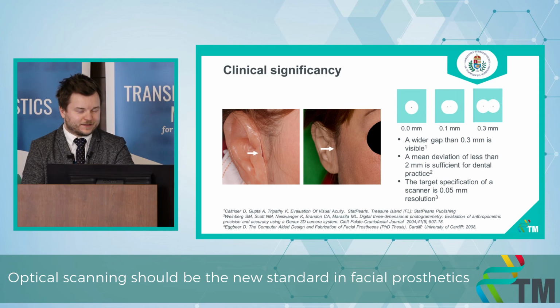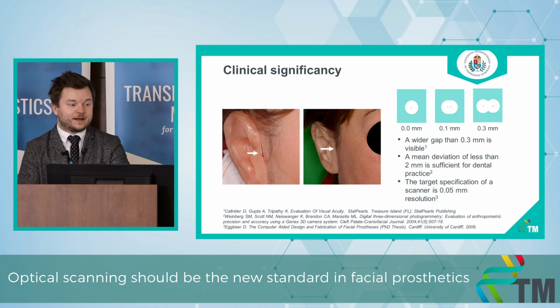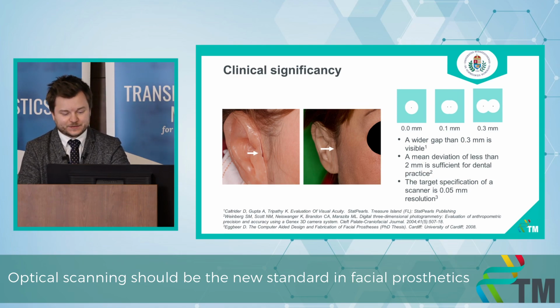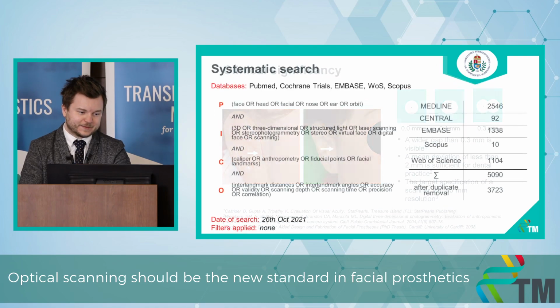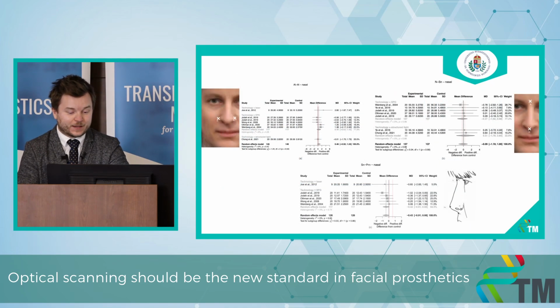What is the clinical significance of this? Any dimensional change will result in an ill-fitting prosthetic appliance. However, the threshold of this accuracy is not based on consensus. Some say 2 millimeters is sufficient for the practice. Some say even less than a 100th of a millimeter is required. We conducted a systematic search in 5 databases, and